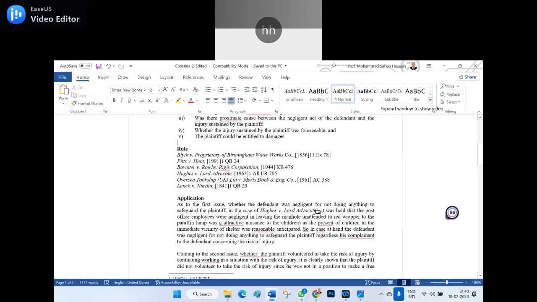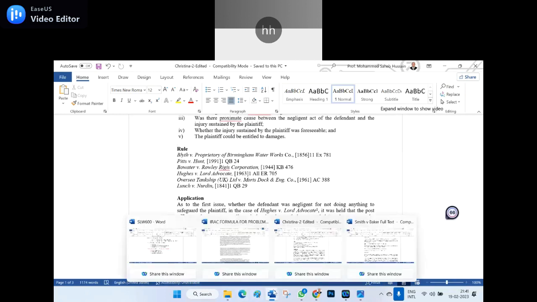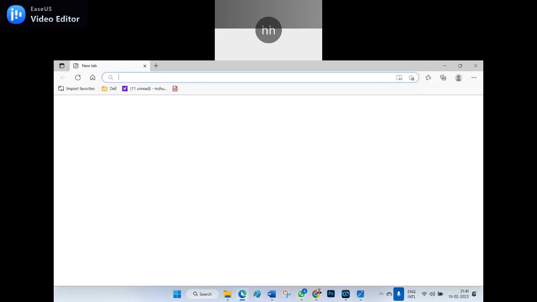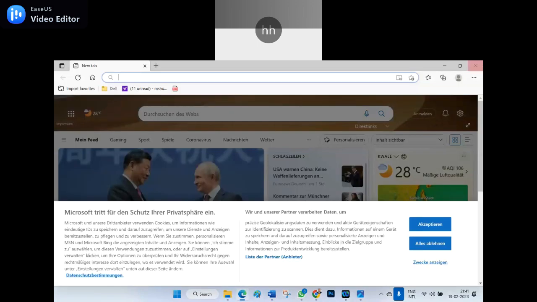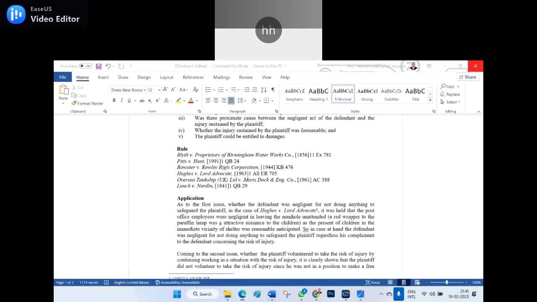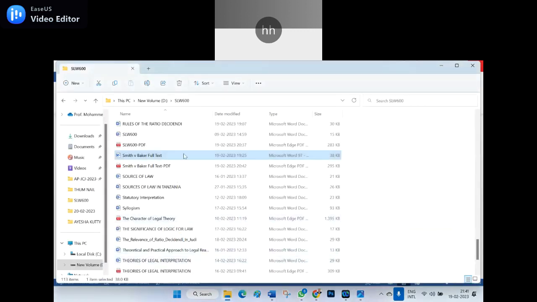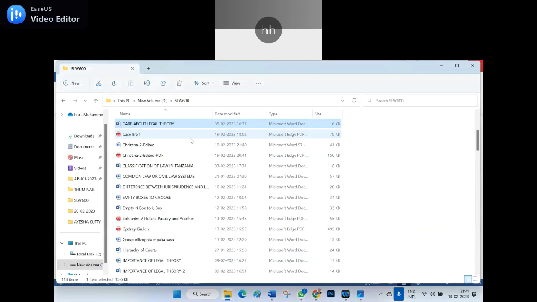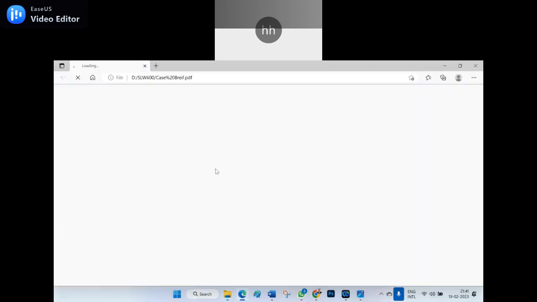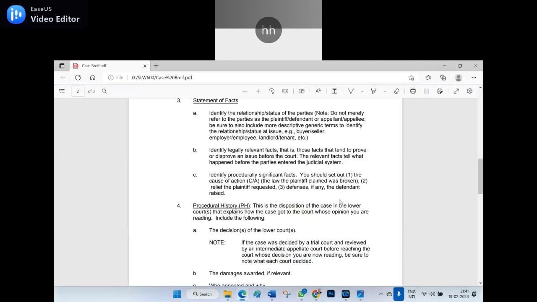Now there comes the rule. So when you say the case briefing, and it also says the same thing, which is, yes, I'm coming to the case briefing. This is not the case briefing. Here I have to open it again because it is not accepting the 2 files at a time. Yes, now I am opening that file. Yes, here.